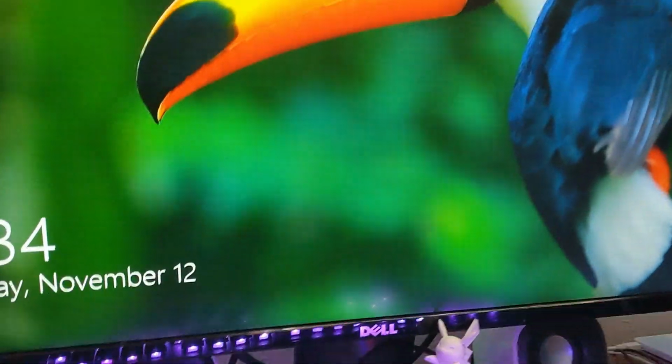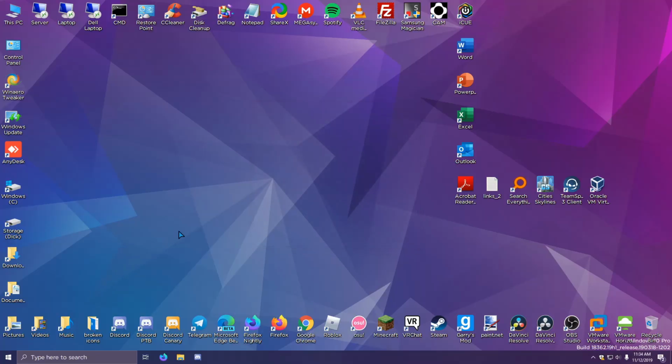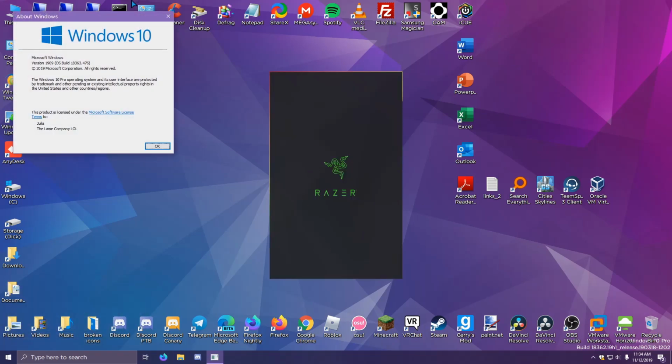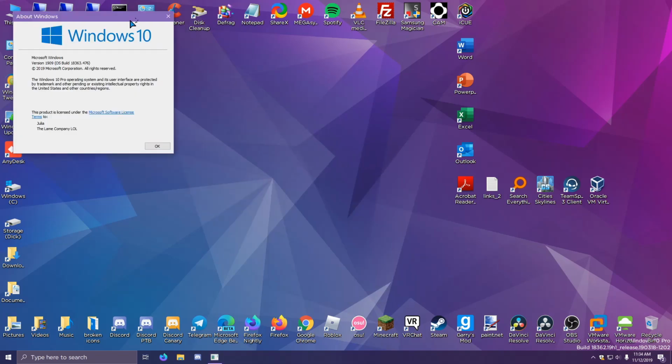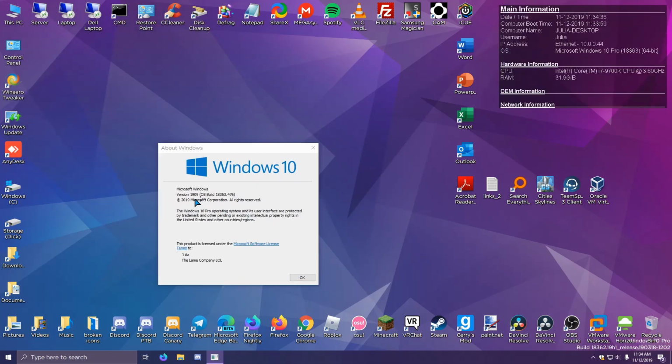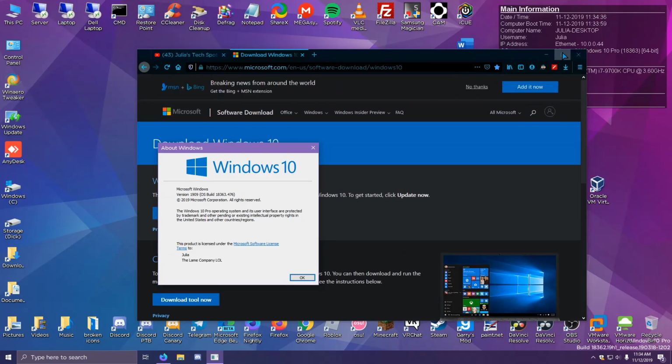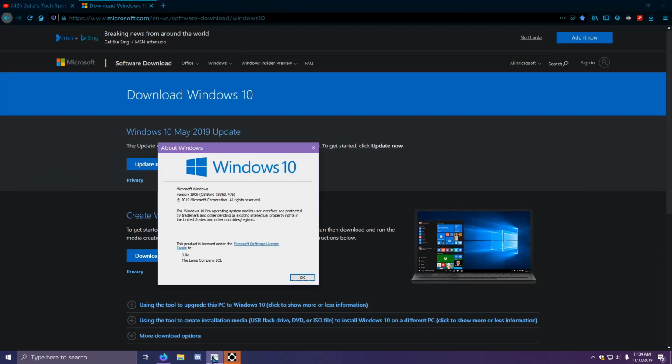I hope not. Oh, and it's already on. Okay, hold on. Alright guys, so it just booted up. We're going to check WinVer. I think that was too fast to update. Oh, it did update. You guys can see we are now on version 1909 OS build 18363.476. Now, the reason it was super quick was because they already had done that one cumulative update, and they